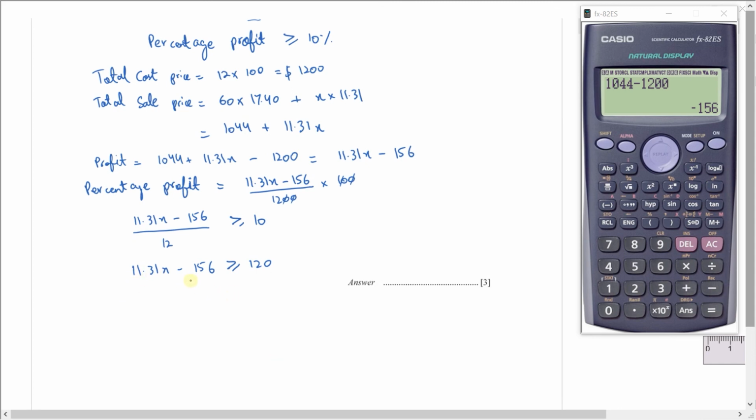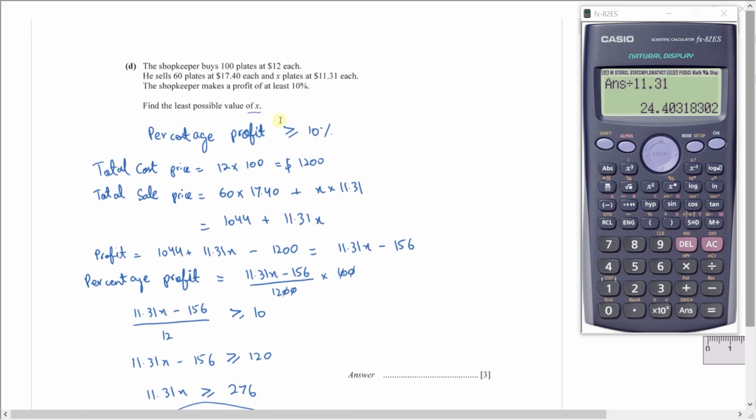And then if I take this 156 to the other side, I will get 11.31x greater than or equal to 120 plus 156, which is 276. So x should be greater than or equal to 276 divided by 11.31. So this is 24.4. So your value of x should be greater than or equal to 24.4 in order to get a percentage profit